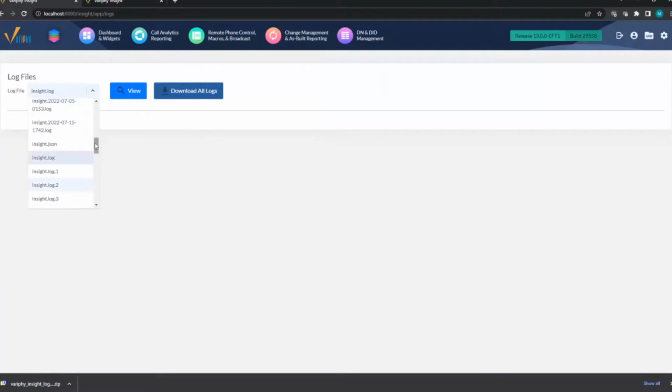In the more current versions, that was changed. So we got away from renaming the files with a number, and now there's a timestamp. My lab was running originally on an older system, and then I upgraded to our beta release. Now in the current release, we are adding a date stamp when the file is retired or archived. When the file is no longer being used, the date stamp is the last entry in the log. So this insight log is from the 5th at 1:53.